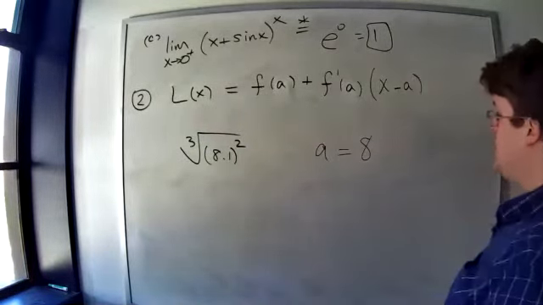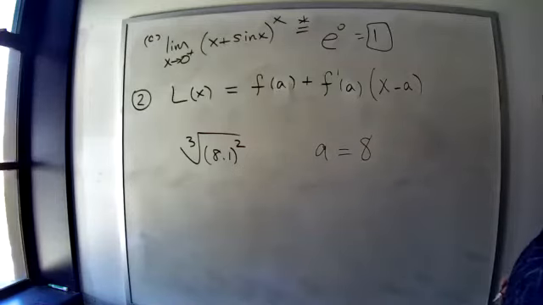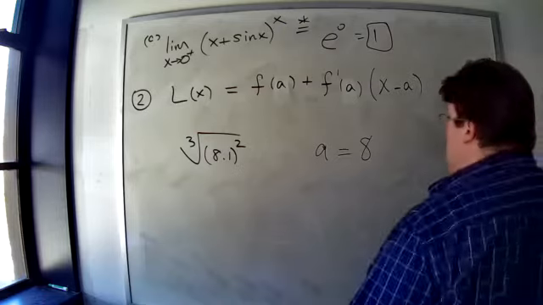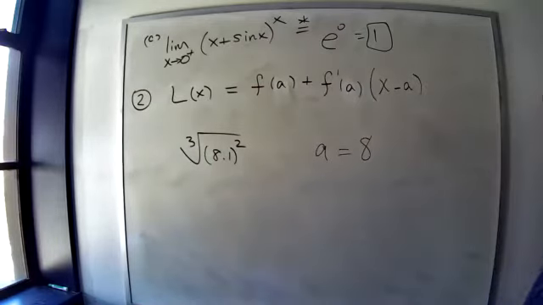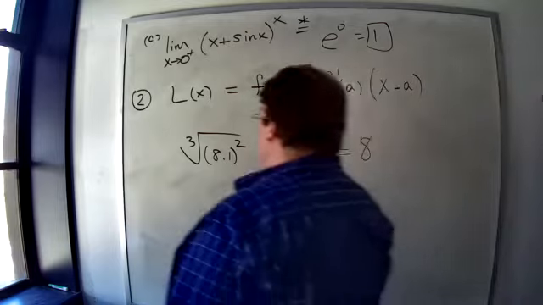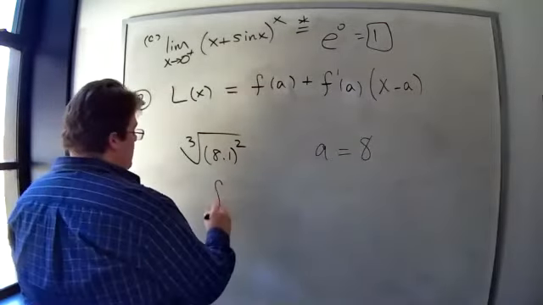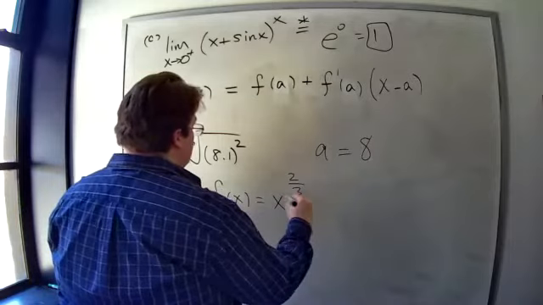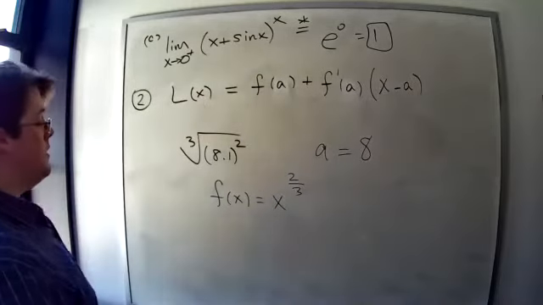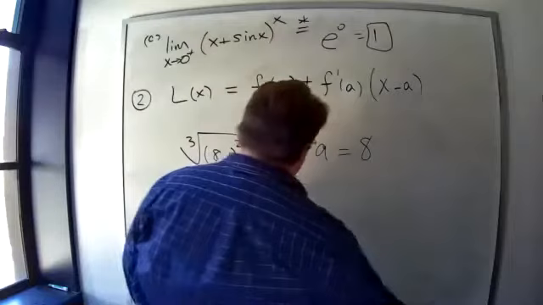I'll remember that for the test that we used the letter A. This question should be phrased near a equals 8 if I give you the a value. But we know the cube root of 8 squared, because the cube root of 8 is 2, and 2 squared is 4. So in this case, we have the function x, cube root of x squared, which is also x to the 2/3. We can apply power rule to that